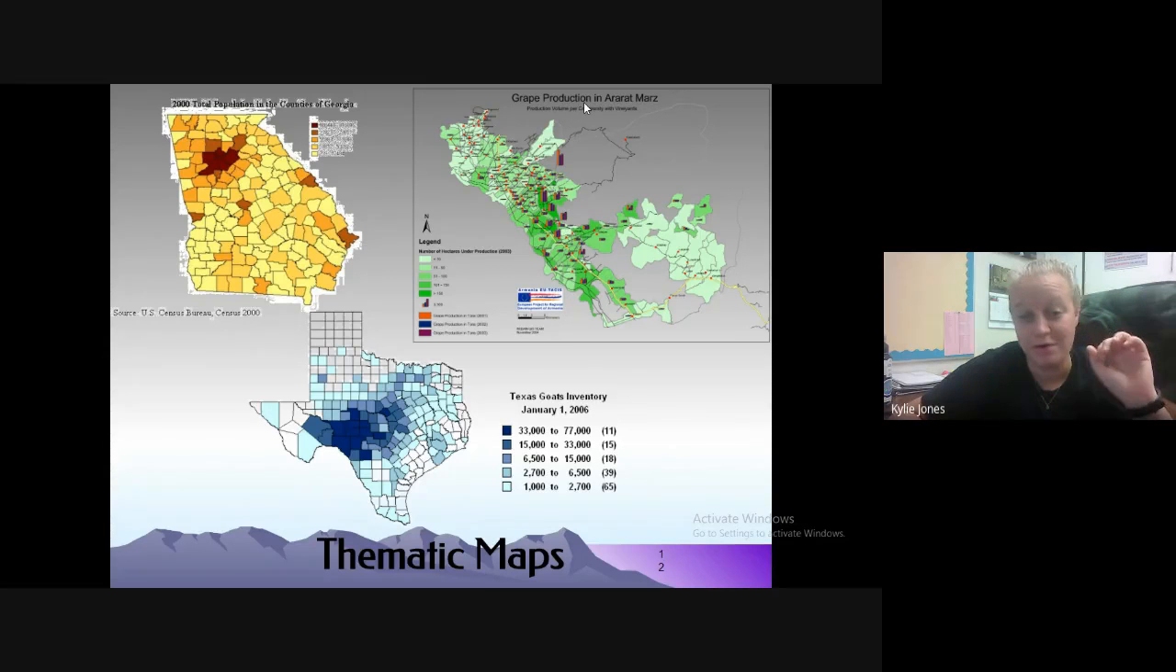So the amount of grapes that are produced in the different areas. The different colors in the areas tell you the different amount of grapes that are produced in that area. The darker the color is for green, the more grapes they produce. Okay, so that's a very specific theme, the number of grapes that are grown in that